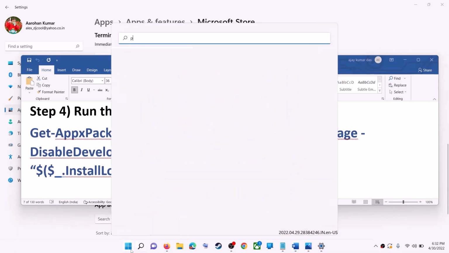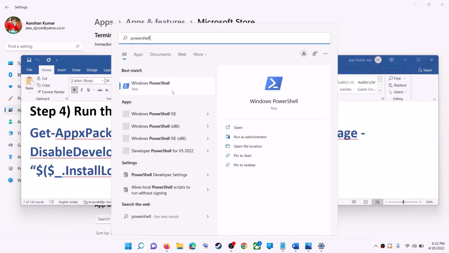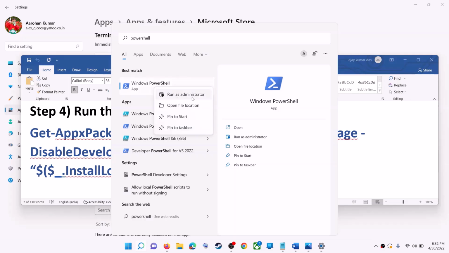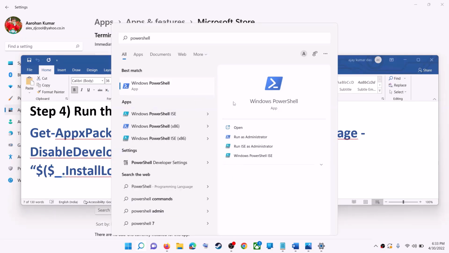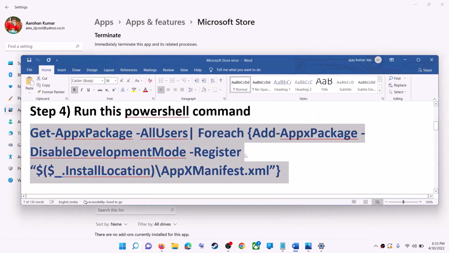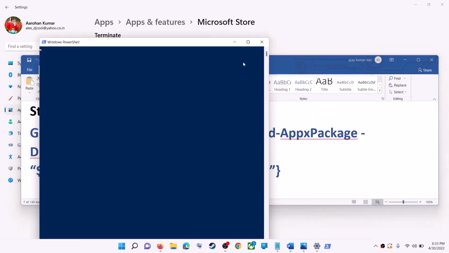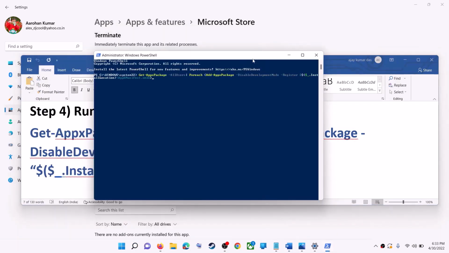Now type in PowerShell in Windows search box and then make a right click on Windows PowerShell and then click on run as administrator. Make sure that you're opening PowerShell as an administrator. Click on yes to allow. Now paste the command over here, hit the enter key